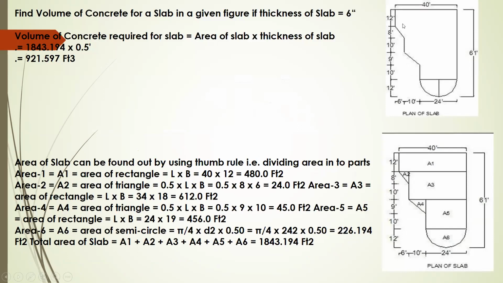Now I have to calculate the area of this slab, which I divided into 1, 2, 3, 4, 5, 6 parts. First part is a rectangle. Second part will be the triangle, that is A2, then A3, then A4, A5, A6. Now, the thickness of the slab, that means 1843.194 into 0.5,